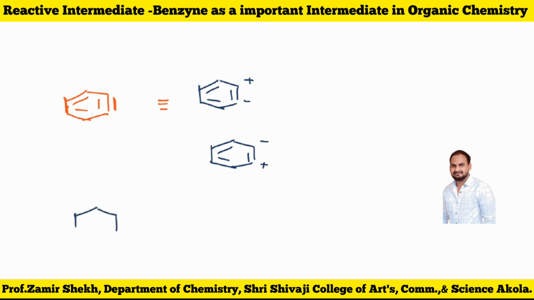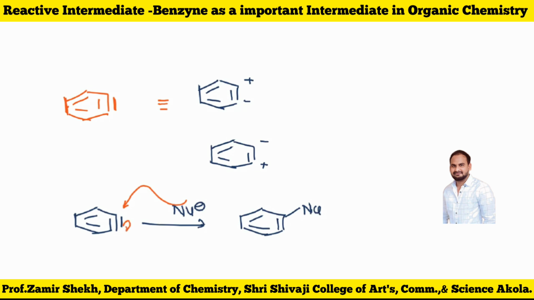Suppose I have an electrophile and I have a nucleophile, and I am going to react with benzyne. So what type of reaction will there be? Look at this one. The nucleophile reacts on one of the carbons of the benzyne, and later the double bond is going to shift here. This will be a negative charge, and lastly I'm going to protonate this molecule. After the protonation, I will get the product like this. So that indicates that benzyne is an electrophilic molecule. We can add any nucleophile easily. That's why these reactions are called nucleophilic addition reactions.